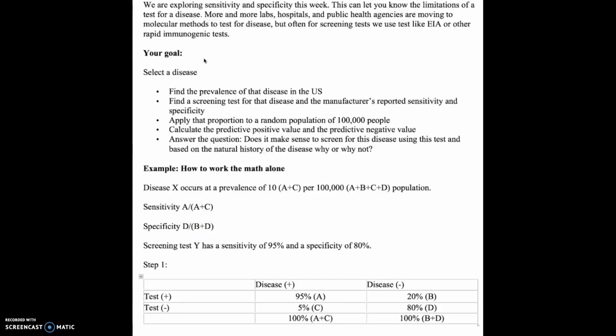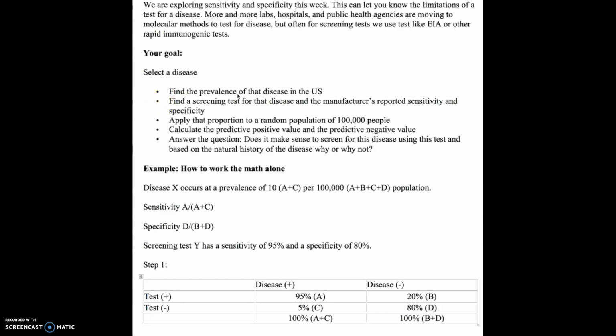And then the field application of that sensitivity and specificity calculation is looking at positive predictive value and negative predictive value. Okay, so this week you are going to see what it's like to estimate how many positive cases you're going to find and how many negative cases you are going to find. So the first step in this, and it's very important that you follow these bullet points step by step, is